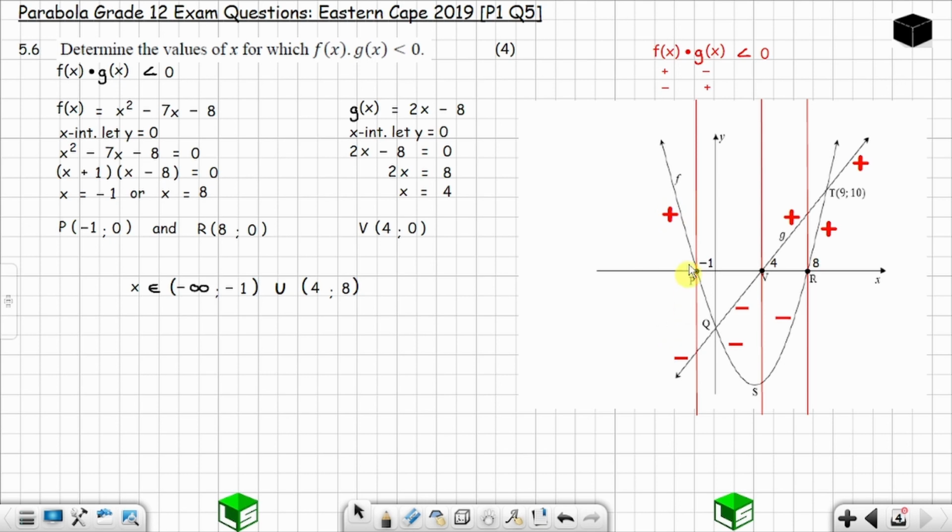It's only this part where you have plus and negative, and this part where you have plus and negative, because you know that plus times negative is going to give you negative. You have negative there. Okay, so this is the answer to this question, and we are done with question 5